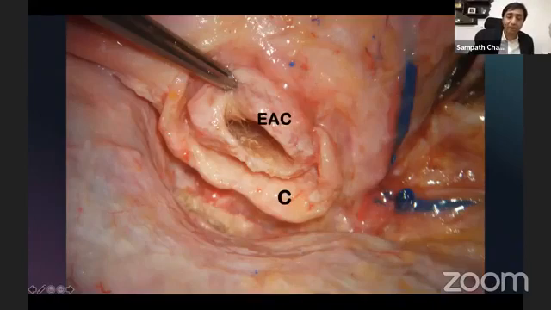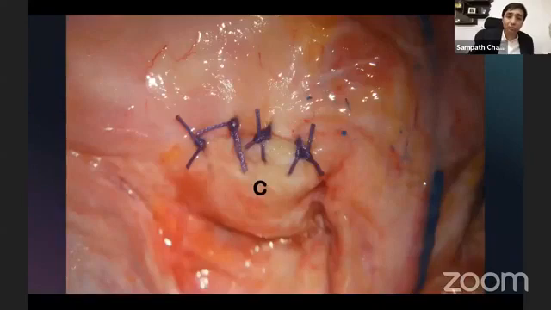That forms the second layer. So with these two layers, 1 and 2, you have created a perfect blind sac closure, and a perfect blind sac closure will not give way, and there won't be any chance of an iatrogenic cholesteatoma.